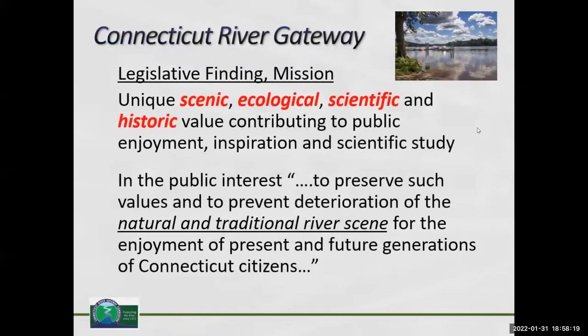The legislation that I referred to back in 1974, these couple of paragraphs are basically from the very first paragraph of the statute. And you can see the 4 terms there. That is basically Gateway's mission to protect the scenic, ecological, scientific, and historic value within the conservation zone of the lower river. And it further goes on to say that it is in the public interest to preserve the values